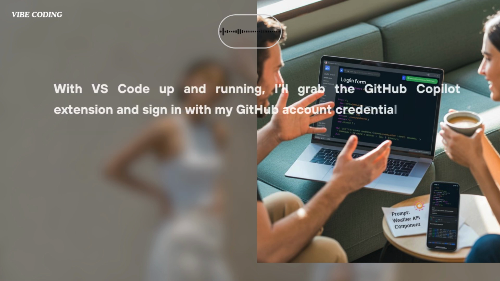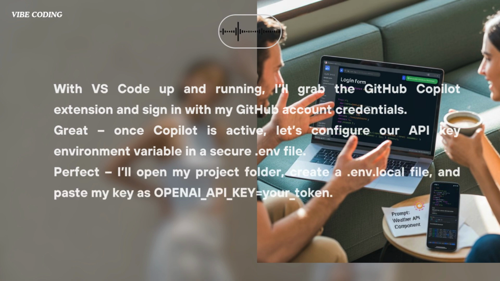With VS Code up and running, I'll grab the GitHub Copilot extension and sign in with my GitHub account credentials. Great. Once Copilot is active, let's configure our API key environment variable in a secure .env file. Perfect. I'll open my project folder, create a .env.local file, and paste my key as OpenAI API key equals your